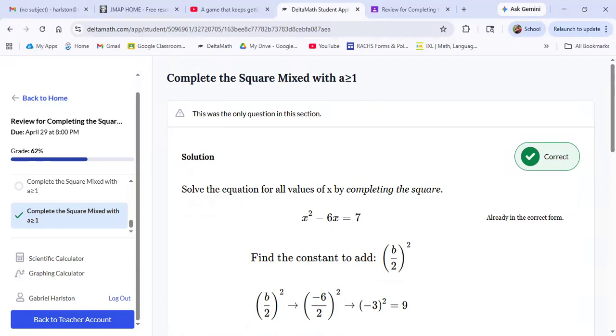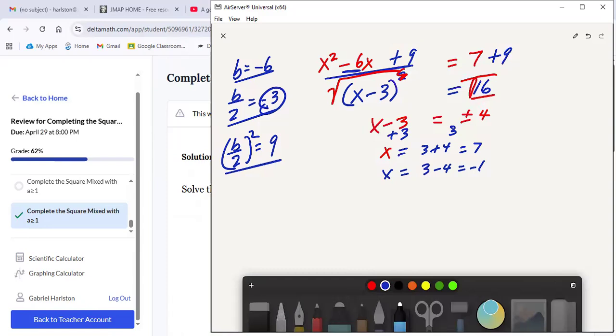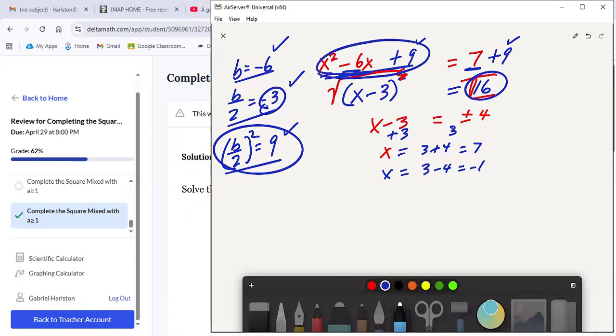Let me go back to this last question because this is a good summary. You always have to make sure the constant is on the right-hand side, the variable's on the left-hand side, and then you're just going to need the b, half of b, and then half of b squared. You always start with this one. You're going to add this to both sides to complete the square. That's what I did here. I'm going to total over here. And then this side I can rewrite using half of b. So x minus 3 squared, that's how I got here. And then from there,